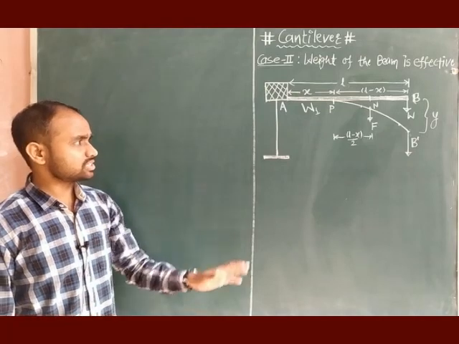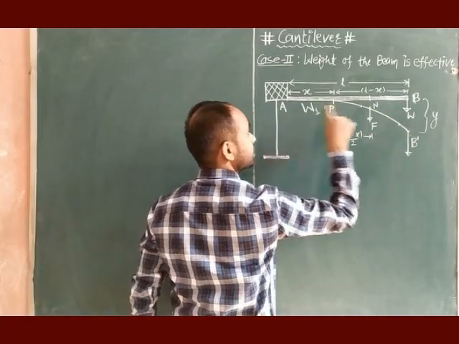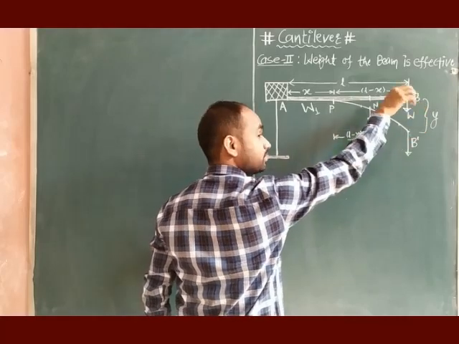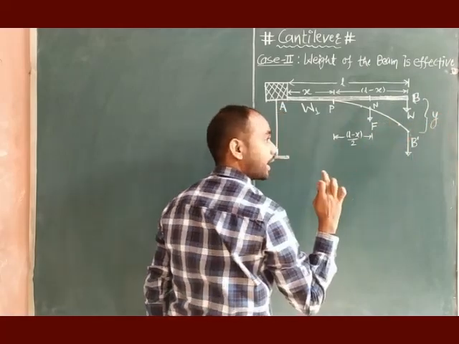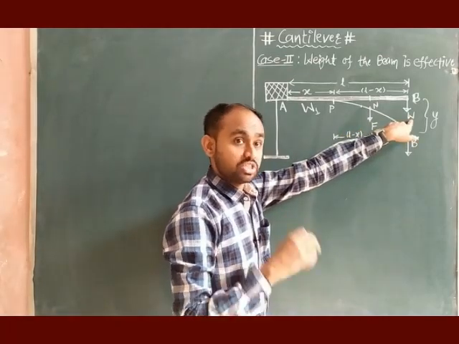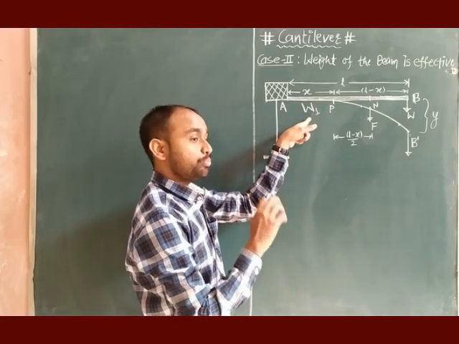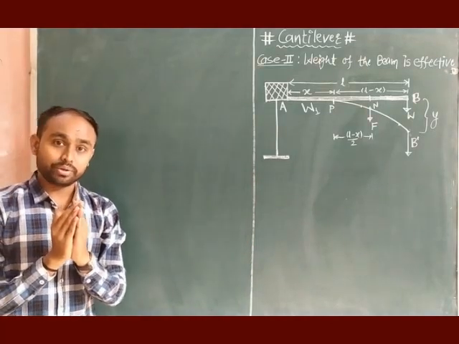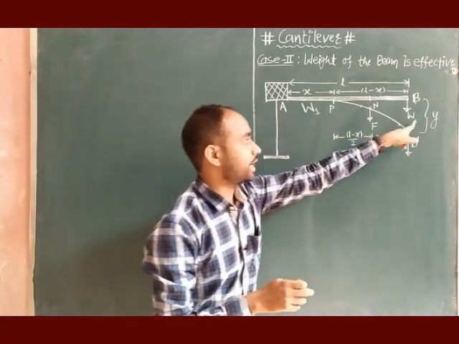Now let us consider that weight W is attached to the beam, and due to this weight the beam has been depressed. Initially the beam was exactly horizontal, AB, and now due to this weight the beam has been depressed from point B to B dash with a depression Y. But this depression Y is not only due to this W, it is also contributed by the weight of the beam W1. The depression moment will be due to both these weights, W1 and W.